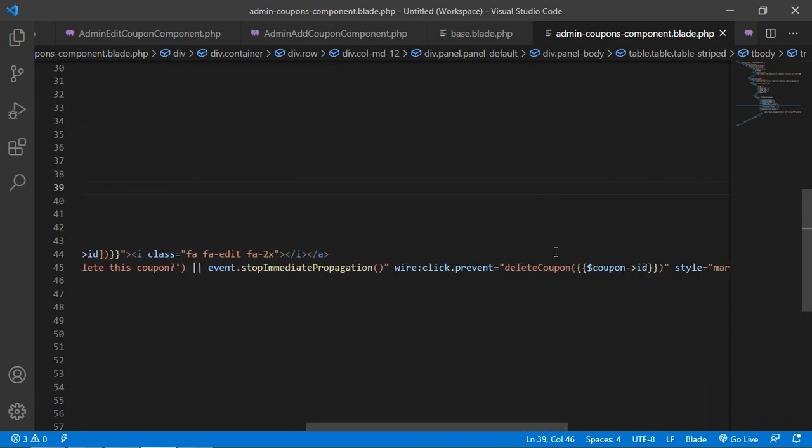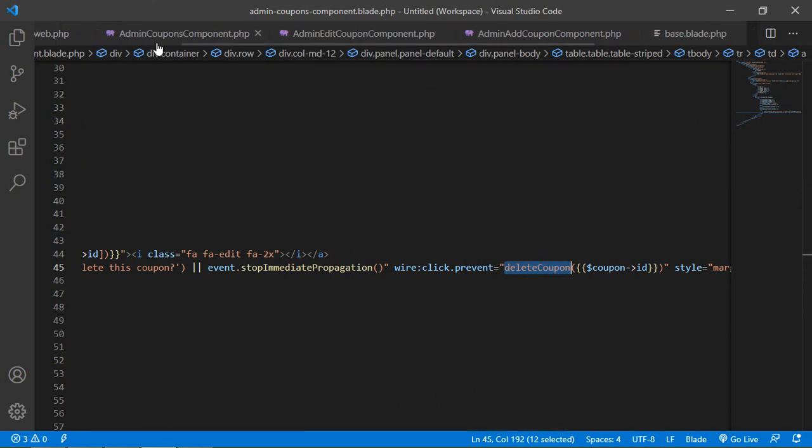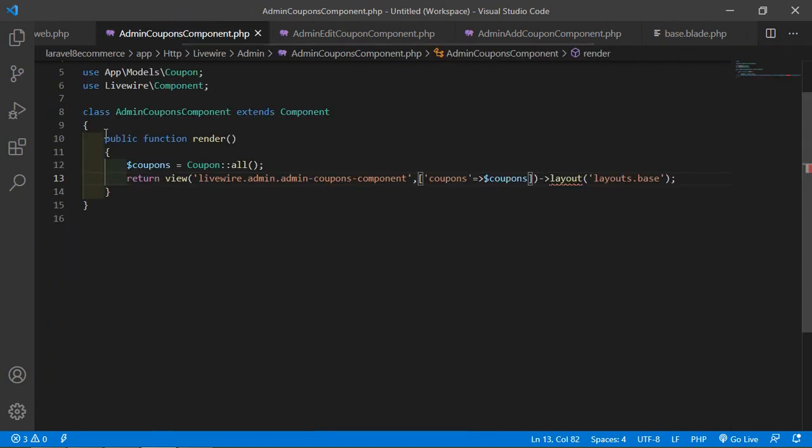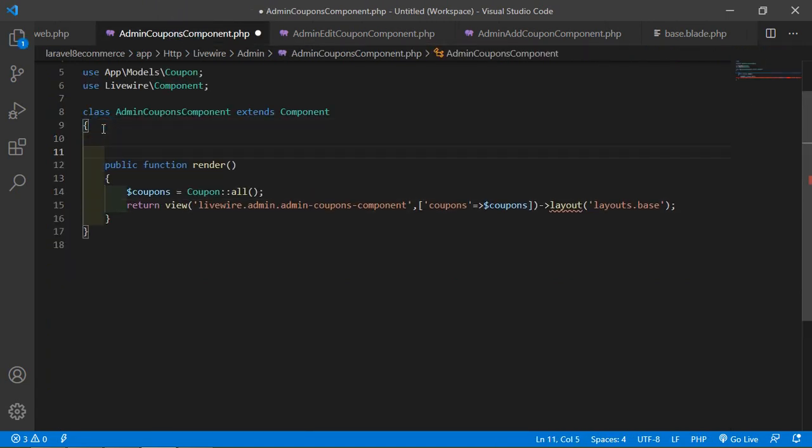Okay, now let's create this deleteCoupon function inside the class file. So inside this AdminCouponComponent class file, let's create a function for deleting the coupon, public function, and function name which is deleteCoupon, and inside this pass one parameter which is coupon_id.